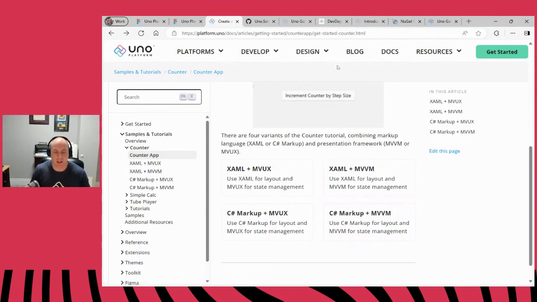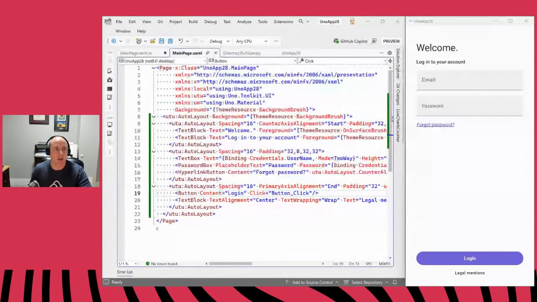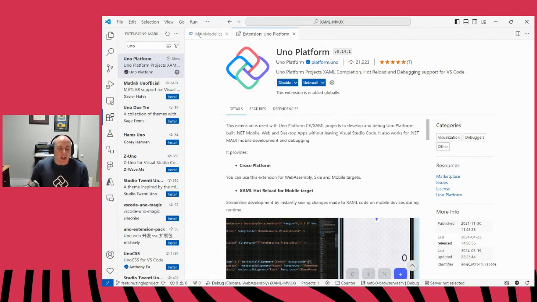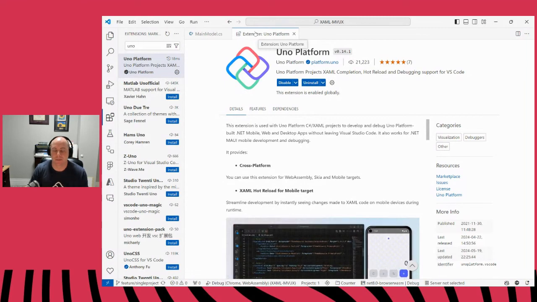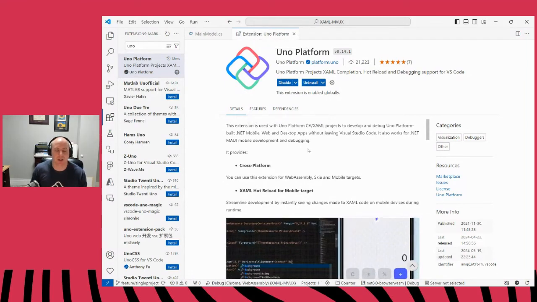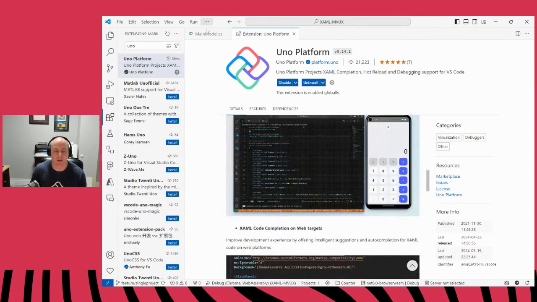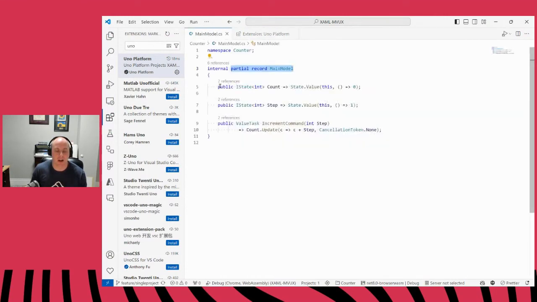So if we look quickly, where is my code? We can open up Visual Studio Code. And we have the counter app here, right? I've opened Visual Studio Code, and with Visual Studio Code, we actually have an extension for VS Code as well, if you don't want to use Visual Studio itself. From here, you have hot reload access, you have all this stuff. So if you take a look, you have this nice